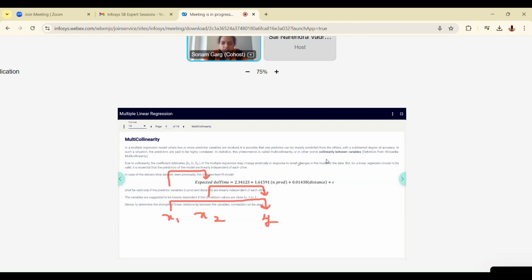So in this case, when you have a strong linear relationship between the predictor variables, this is actually dangerous for our prediction and we should not consider it. So either you can take x1 for your actual predictions or you can prefer taking x2, based on the accuracy which you get.